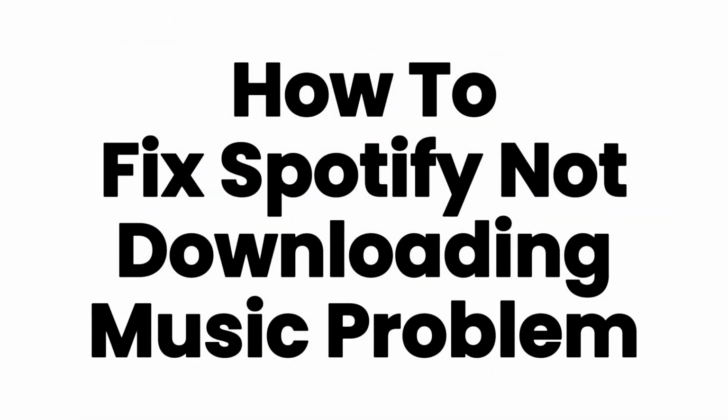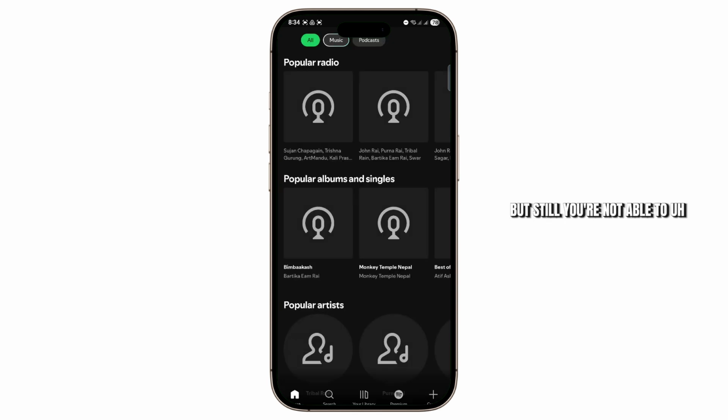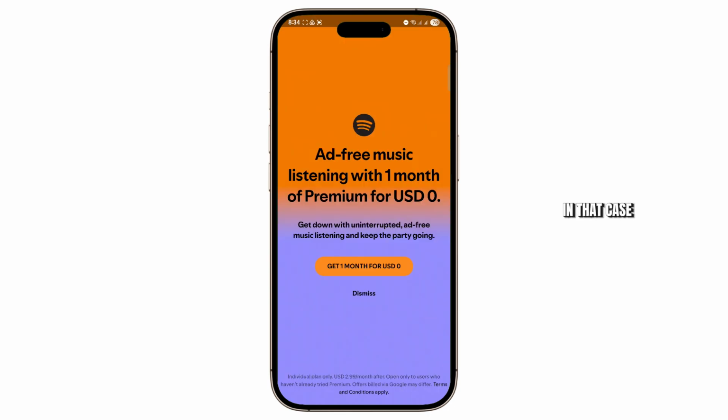How to fix Spotify not downloading music. Hey guys, if you're facing the same problem, I'm going to show you how you can fix it. Obviously, you need Spotify Premium to be able to download the songs. So, if you have Spotify Premium but still you're not able to download the songs, then in that case, what